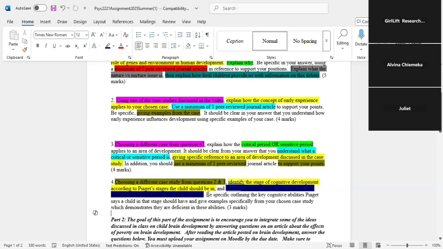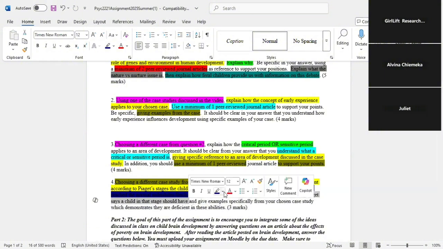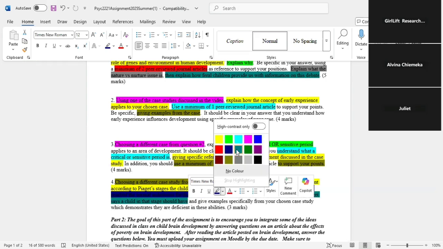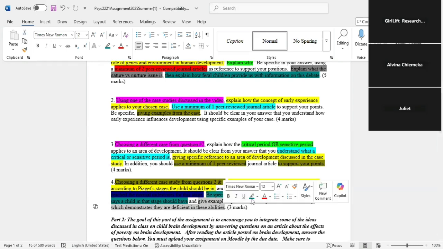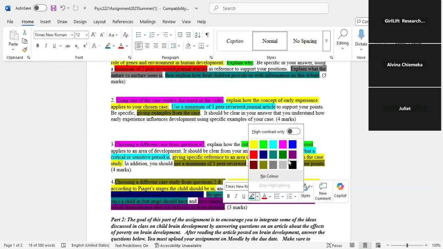Another thing it says here is specifically outlining the key cognitive abilities that the author says a child in that stage should have, right? That's another thing. And then not just that, give examples from the chosen case study which demonstrate that. So you see that